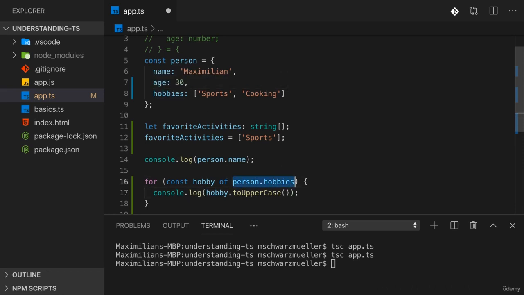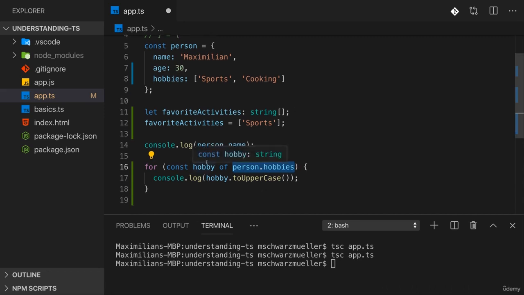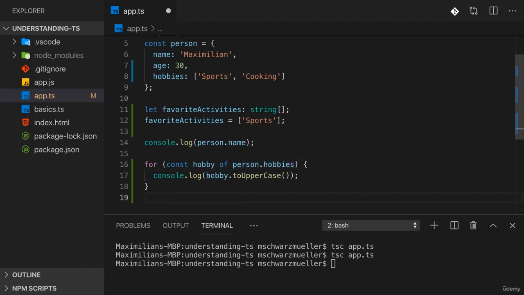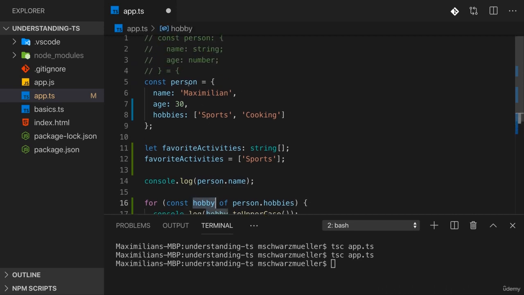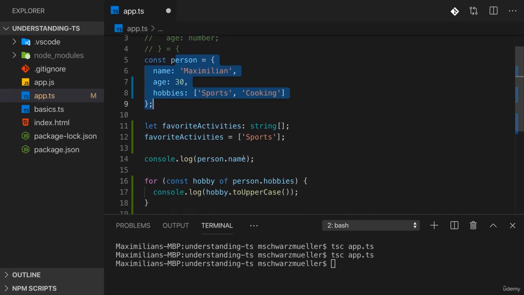So when I access person.hobbies, TypeScript's inference detects that hobbies will be an array of strings. So hobby, on the other hand, is correctly identified as being a string, because since we go through an array of strings, well, the individual values have to be just strings. And therefore TypeScript offers us great support down there and allows us to do anything with hobby that can be done with a string, because it knows with certainty that hobby will be a string because of the types we set up there. And that's really flexible and of course a great feature which makes writing code a lot easier and way more flexible and